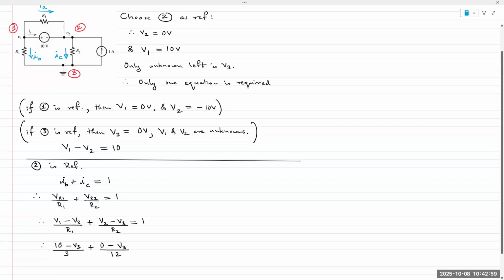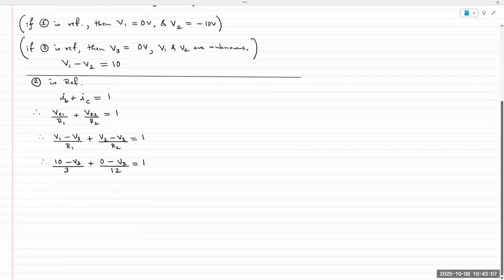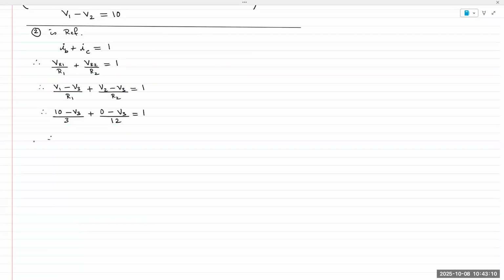And R2 is 12. That's it. One unknown variable, one equation. If I solve this, I will find the value for V3. So I have